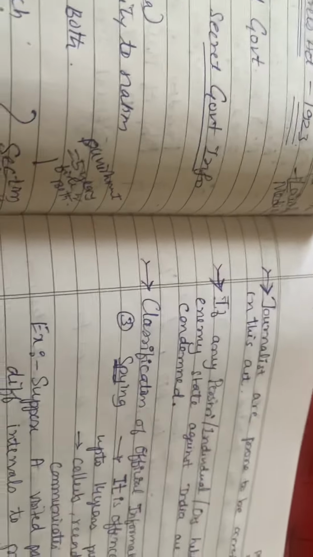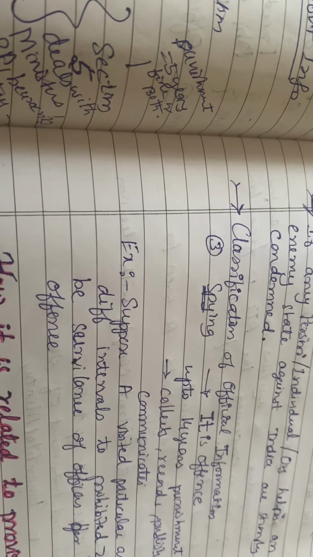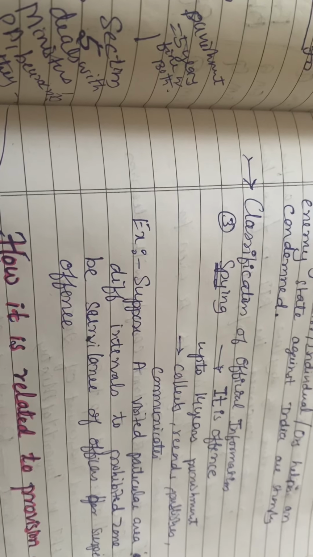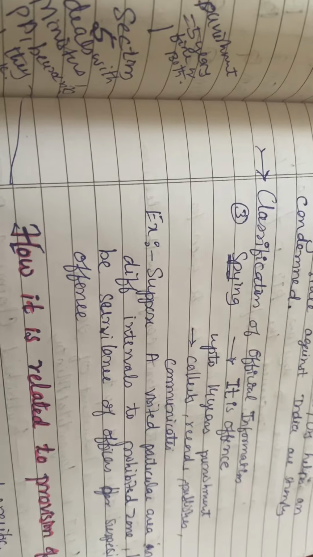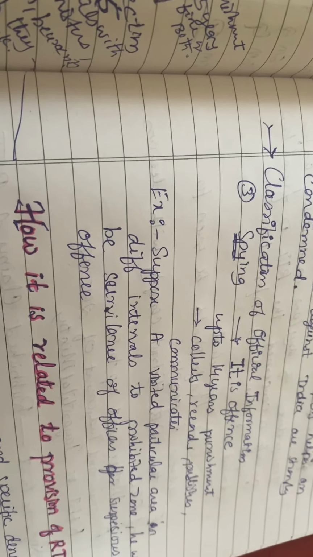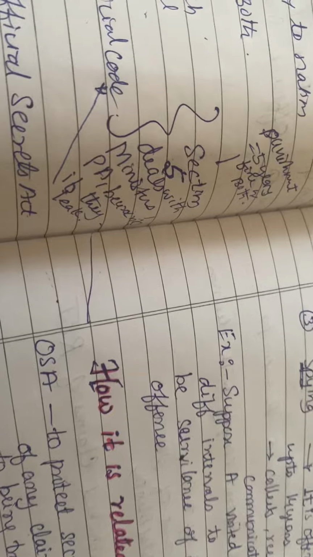Now coming to the classification of official information. Here you can consider spying. Spying is an offense, as you know. Spying means jasusi karna. Up to 14 years there is punishment for this. Now what is spying? Spying means collecting records, publishing those records and communicating them. Now I can give an example. Suppose A